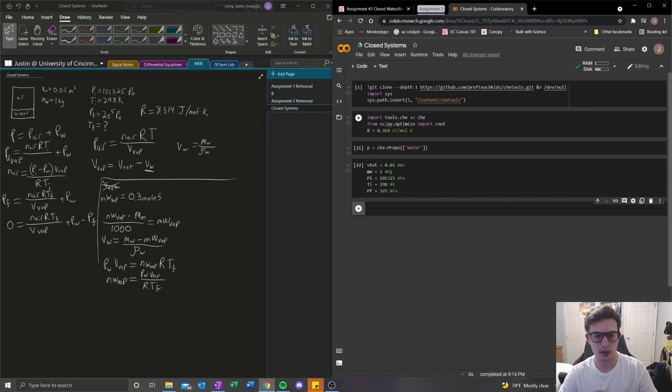So now we are ready to start solving. The first thing I know we're going to need is the number of moles of air, so I'm just going to go ahead and solve that now because that's not going to change for anything that we're doing. I'm going to set that equal to, and I'm going to try and talk less so that I don't make any mistakes when I'm copying over what we have in our notes, because there's a lot of parentheses involved. So we have our initial pressure minus pressure of water,